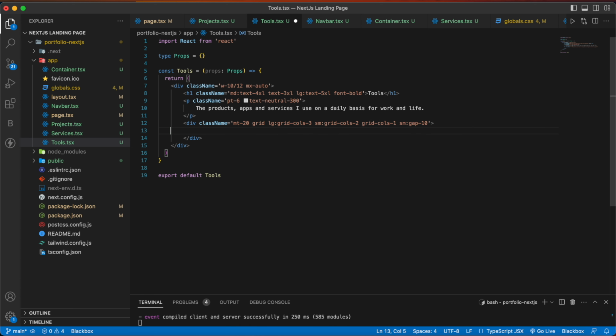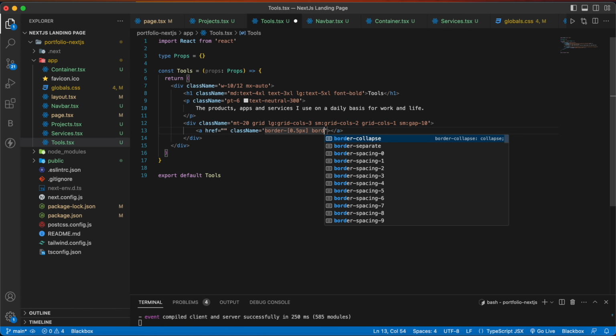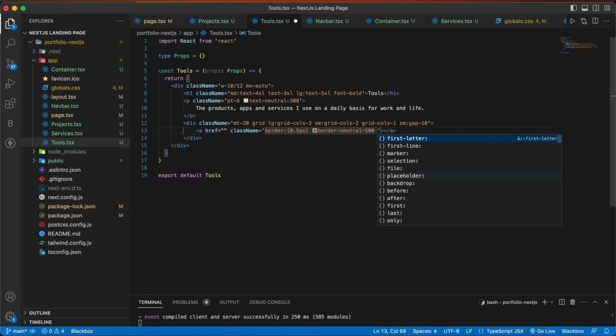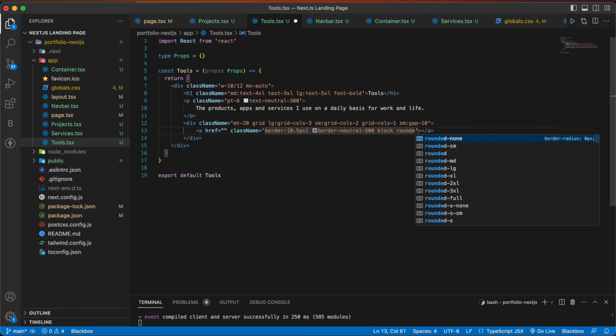Now inside this we are going to have an anchor tag, and it will have a class name. So border of 0.5 pixels, border-neutral-500, block, rounded-2xl, and margin in y direction will be 6.